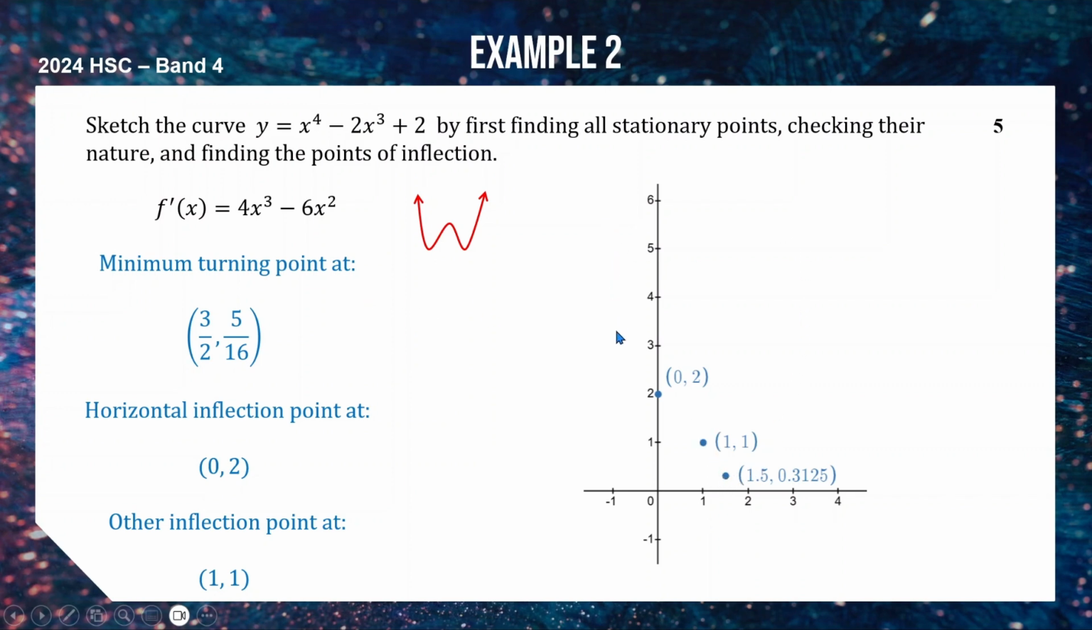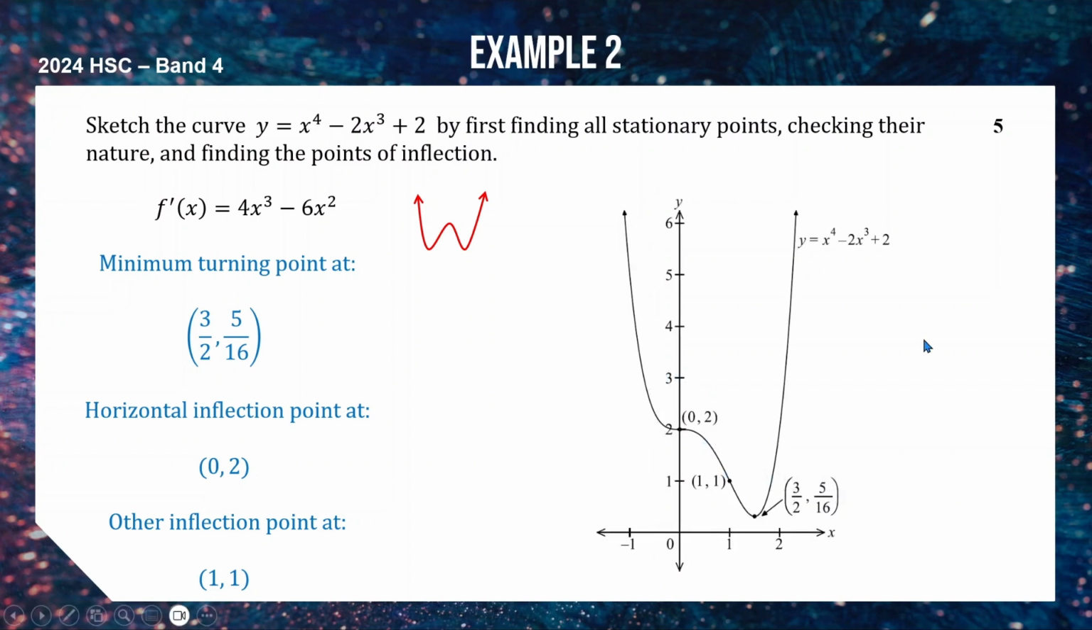So we have coming down here, wiggling through, passing through (1, 1), turning around here, and then shooting back up to finish our curve, which looks a bit like this. Okay, here is the provided solution from NASA, which is obviously very neat, but if yours looks something like this,